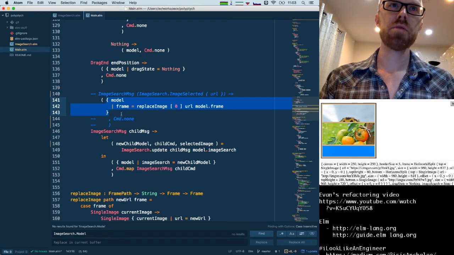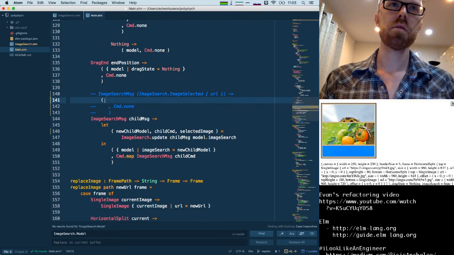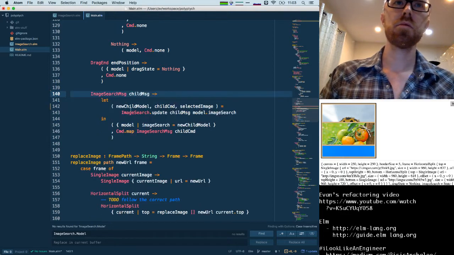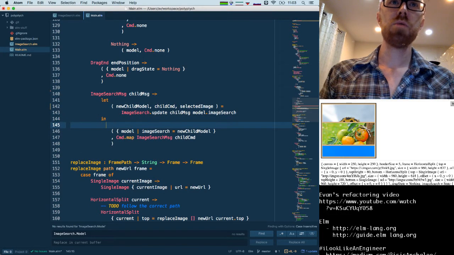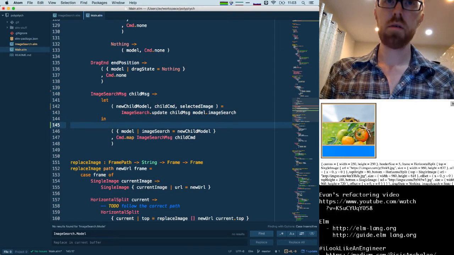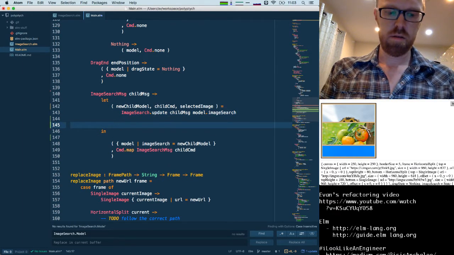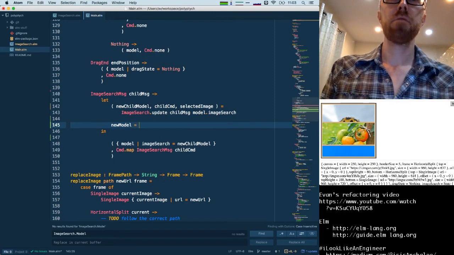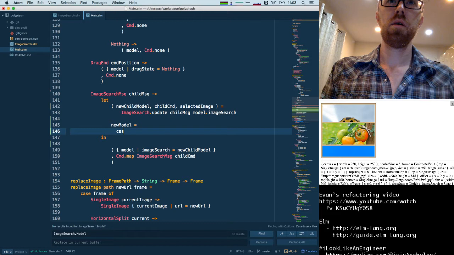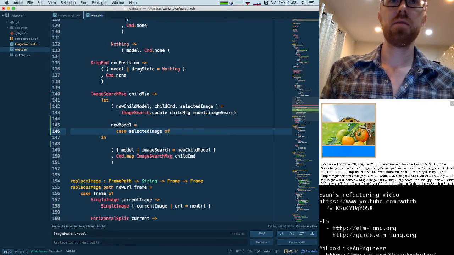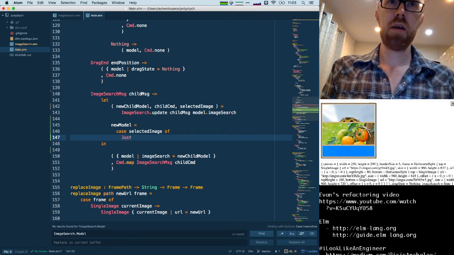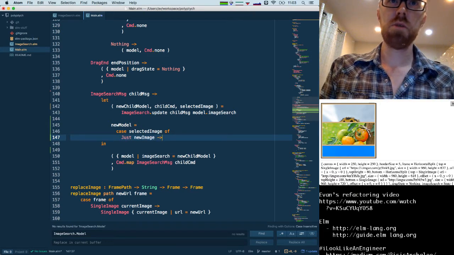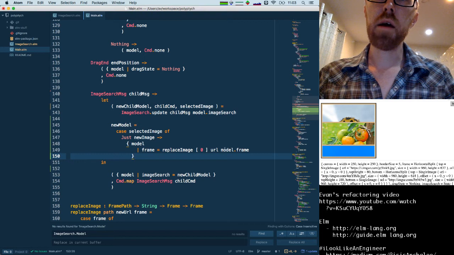I'm going to grab this code, cut that out, delete it, and we will say new model will equal a case of selected image, and if we have just new image, then